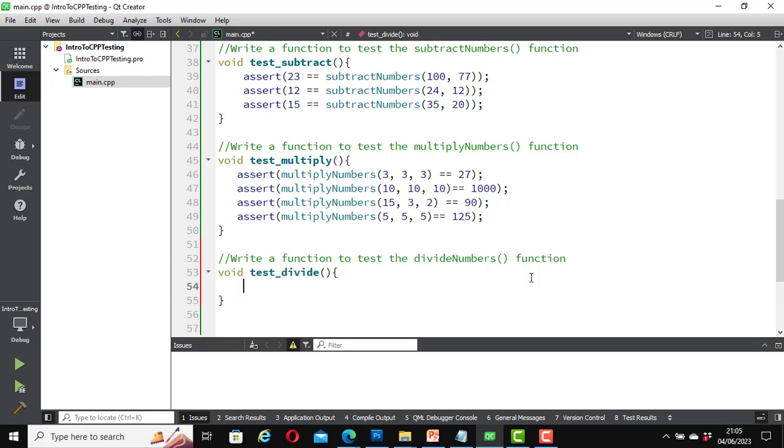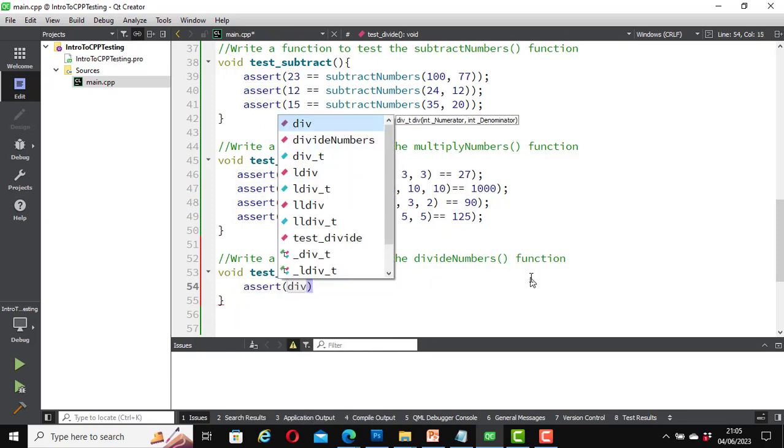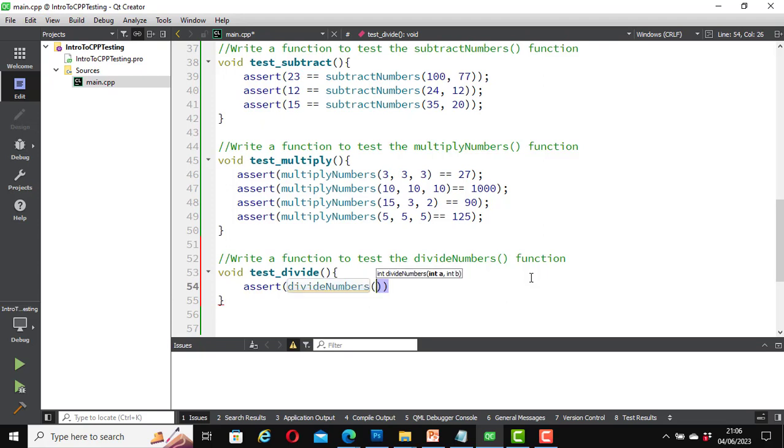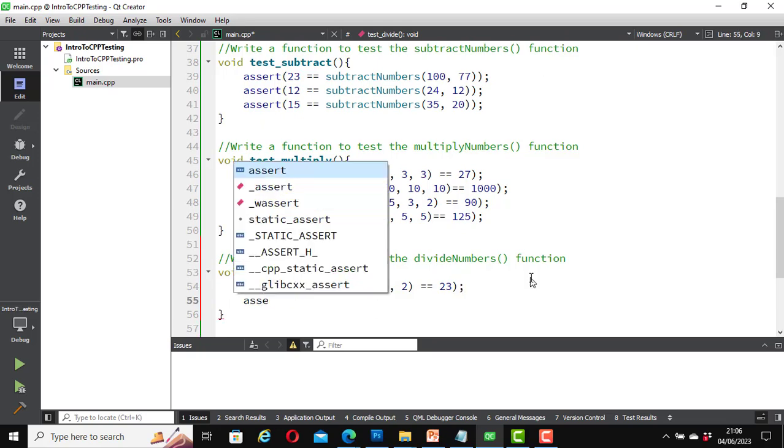Now let's add some assertions. Assert divide numbers 46, 2 equals 23, semicolon. Again, assert